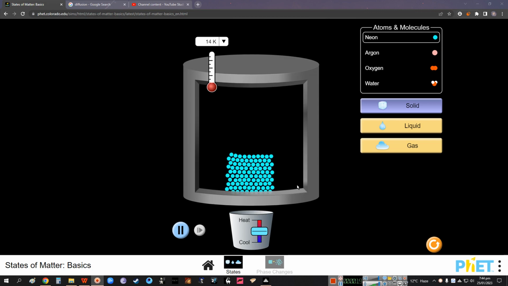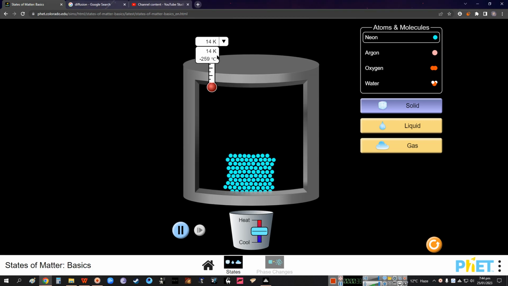It's a closed container in which we have solid gas. For our sake of work, we have neon, which is in atomic form. So these are atoms which are joined together, bulked together because the temperature is very low. If I put it in degrees Celsius, it's minus 259 degrees Celsius, and the particles are very close